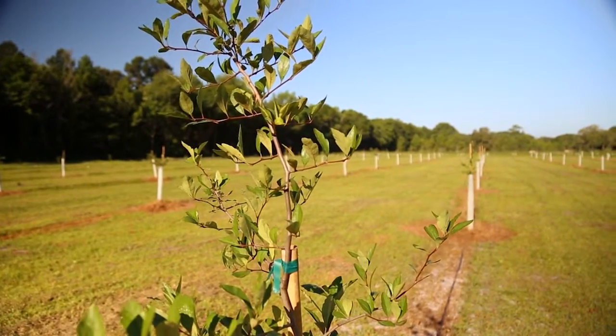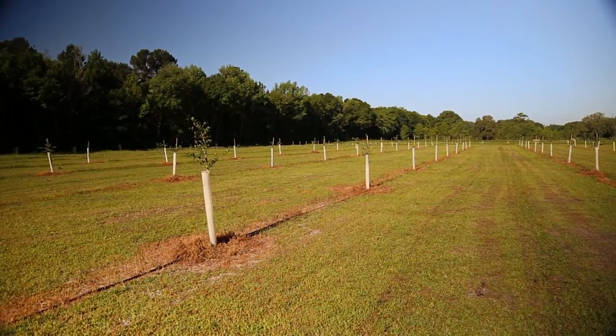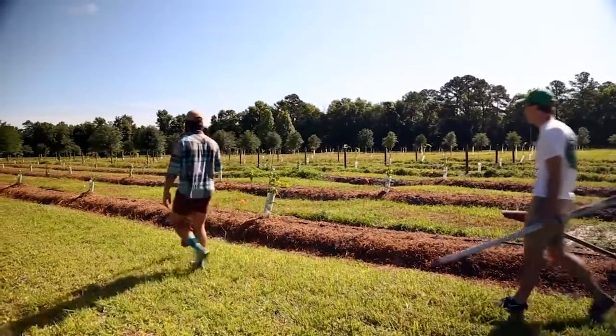But we'll get some good mayhaw out. We're looking at making jellies with it, juice products. One of my big goals is to eventually be making a mayhaw hard cider. We also, at the same time, we're looking at what other great native